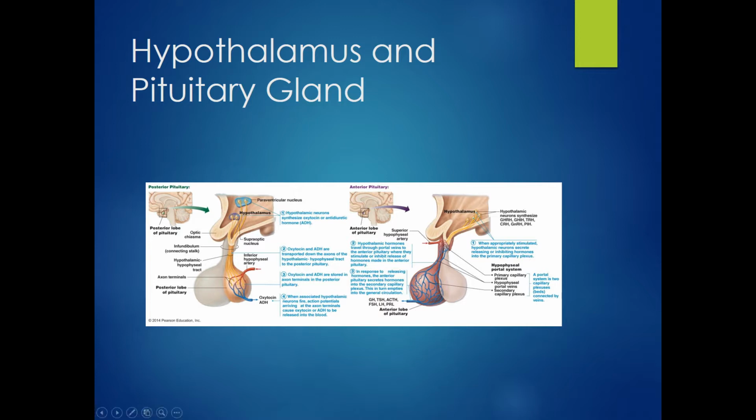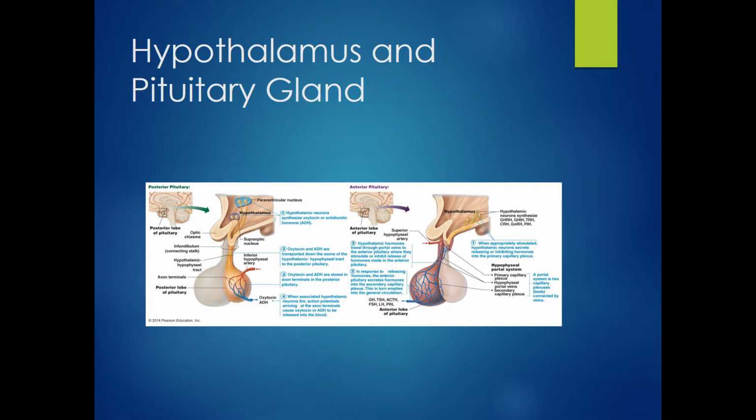So back here in the ventral hypothalamus, we have another cluster of hypothalamic neurons that are going to release the tropic hormones. So we have growth hormone releasing hormone, growth hormone inhibiting hormone, thyrotropin releasing hormone, corticotropin releasing hormone, gonadotropin releasing hormone, and prolactin inhibitory hormone. And so those 6 tropic hormones are going to be released from the axon terminals that are here at the start of the infundibulum, and now we're going to go into what's called the